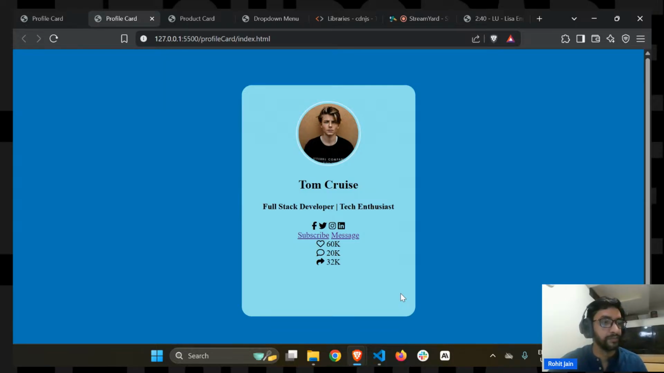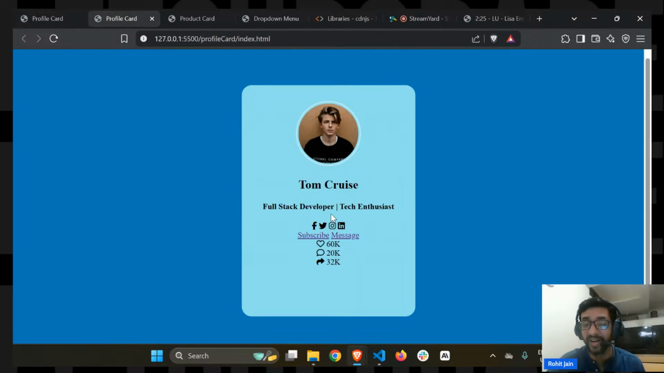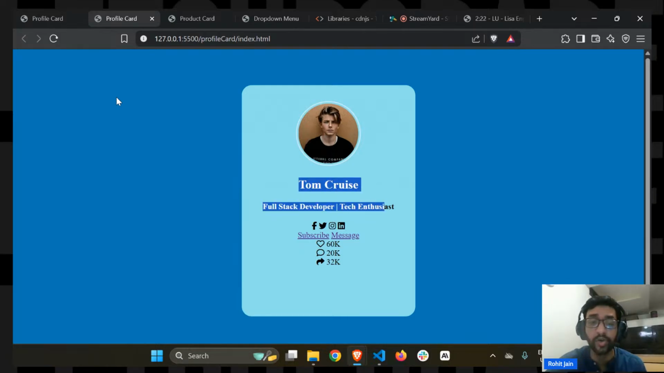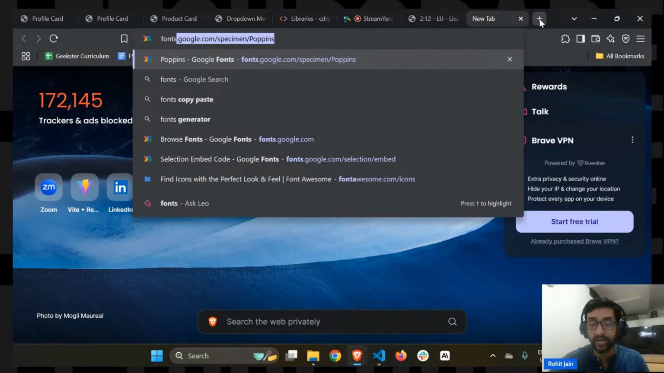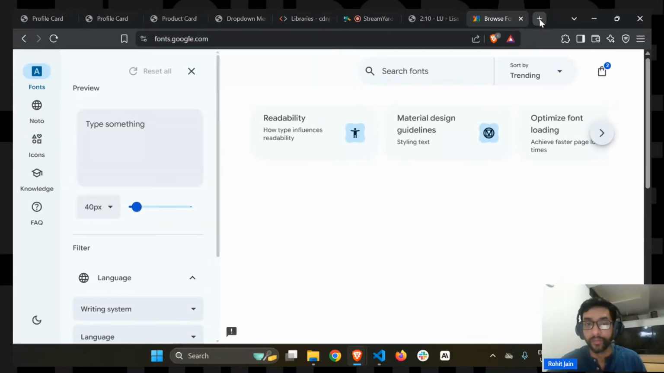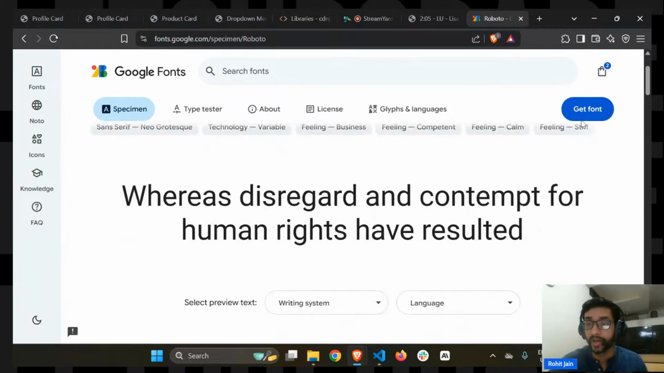Okay, let's see. What else? If I take a look in the reference, we talked about font yesterday, didn't we? Now this font is looking very much different than this one, right? Because this is the default Times New Roman and this is Roboto. If you remember how to get fonts, we can get fonts from Google Fonts. So if I go to Google Fonts, which is fonts.google.com, if I search for Roboto, which is this, if I click on get font,